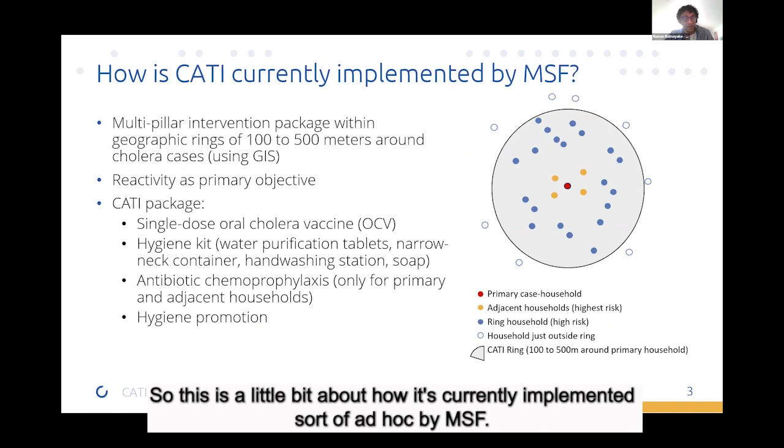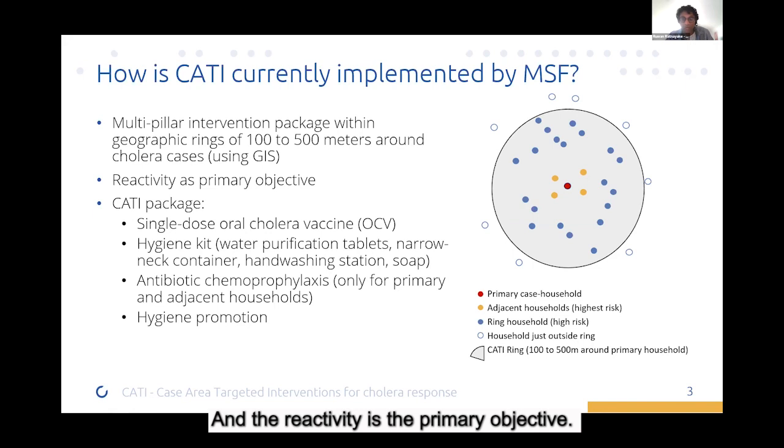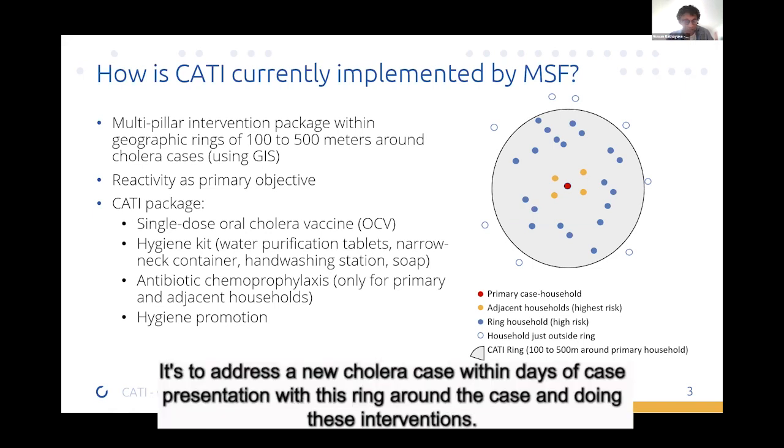So this is a little bit about how CATI is currently implemented, sort of ad hoc, by MSF. It's a multisector intervention, traditionally using GIS within MSF to define a 100 to 500 meter radius around cases. The reactivity is the primary objective: to address a new cholera case within days of case presentation with this ring around the case, and doing